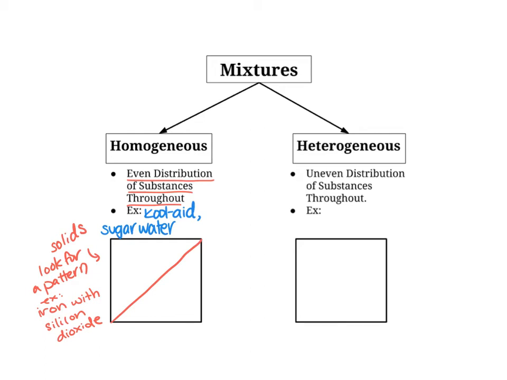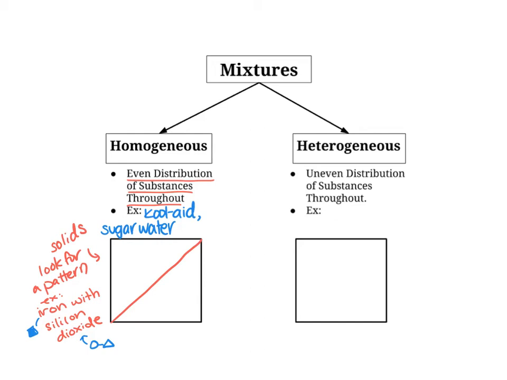So I'm going to evenly distribute those by drawing them in a pattern in here. So iron, if you think back to the last slide, is an element. So I'm going to draw iron as a square. And silicon dioxide is a compound, so I'm going to draw that as a compound. So I'm going to draw 2 shapes bonded together. So I'm going to do a circle bonded to a triangle. So I'm going to mix those iron particles with the silicon dioxide, and I'm going to try to draw it in a pattern so that it is